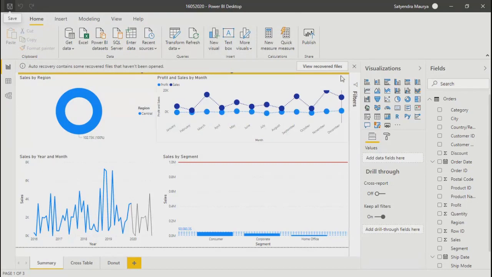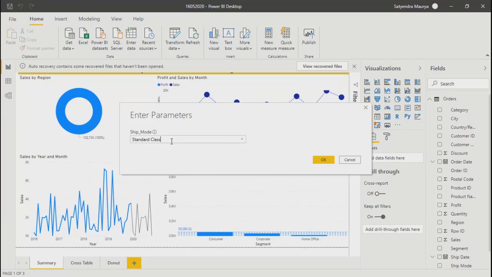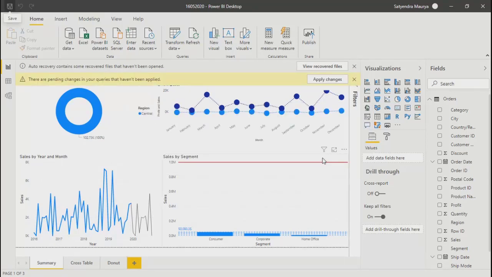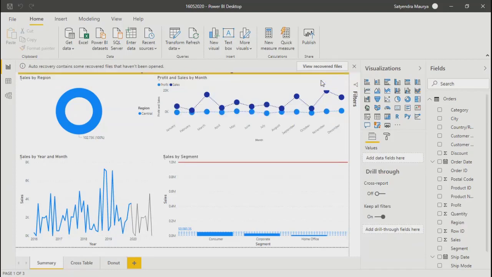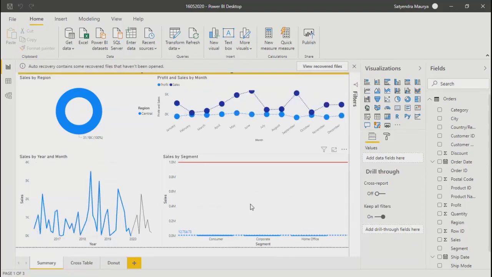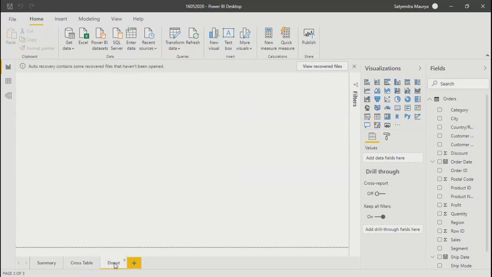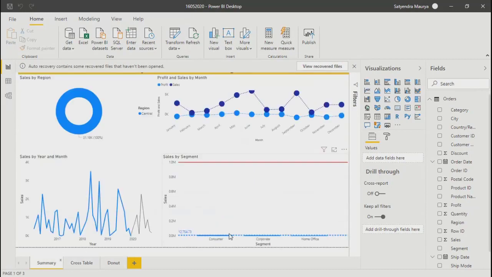Okay, so now we'll go to transform data, and we'll change the value of this parameter, maybe second class, and we'll say okay. Apply changes. So your data is getting filtered basis this parameter. Now this will be applicable to your other sheets automatically, the reason being we are doing it on the data source level.